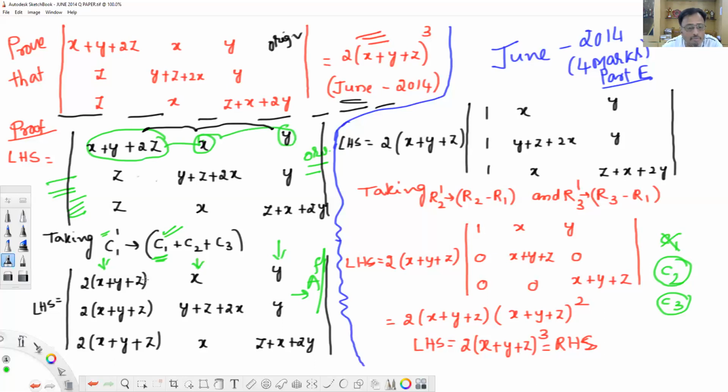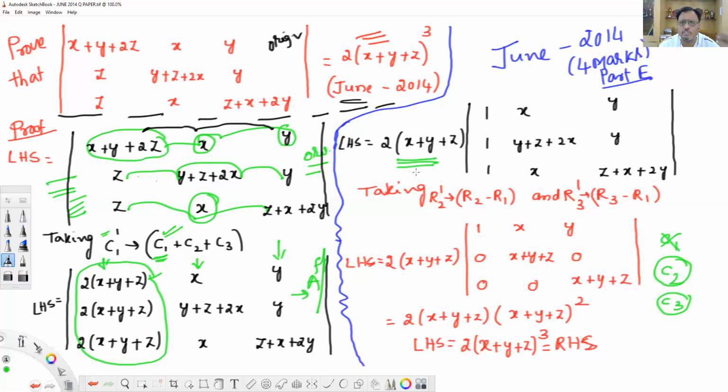Like that, I have taken 2 as a common factor. Here also C1 plus C2 plus C3, 2x plus 2y plus 2z you get. Again C1 plus C2 plus C3: z plus x plus z, then 2z, 2x, 2y. I have taken 2. That means here in column 1, 2 times x plus y plus z is the common factor. First, I have taken the common factor here. 2 times x plus y plus z is the common factor. Finished. Once the common factor is taken out, you are taking the strongest supporters of your enemy.